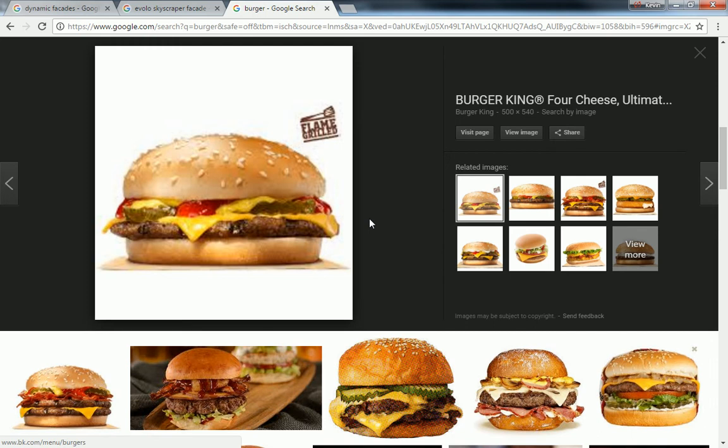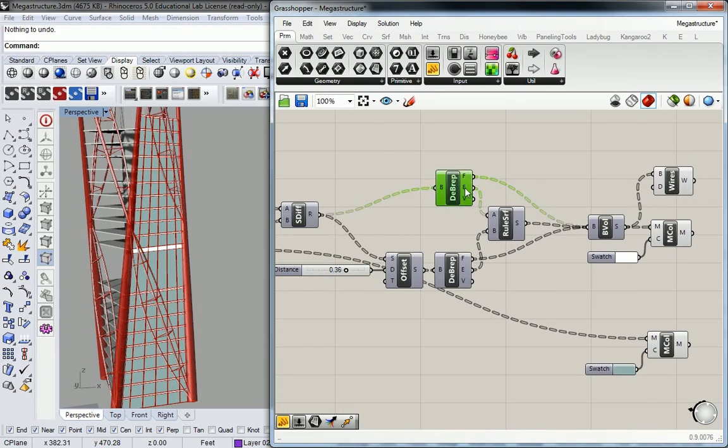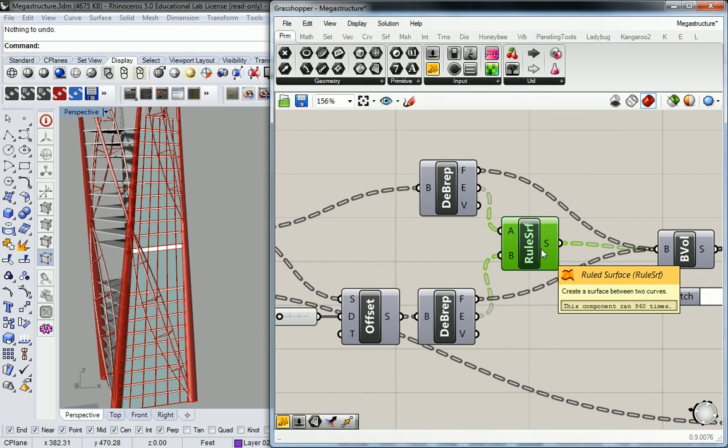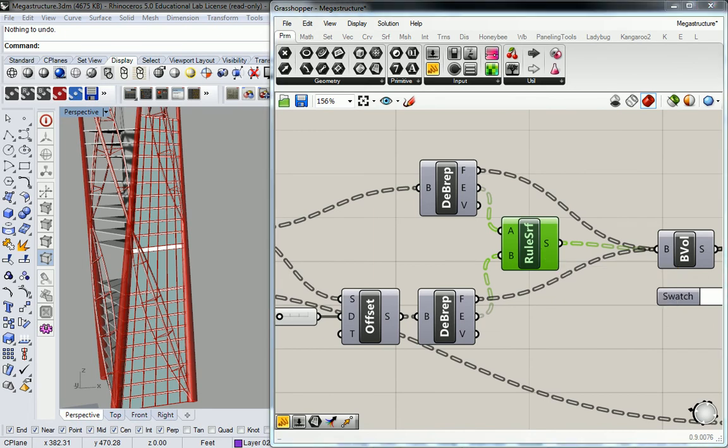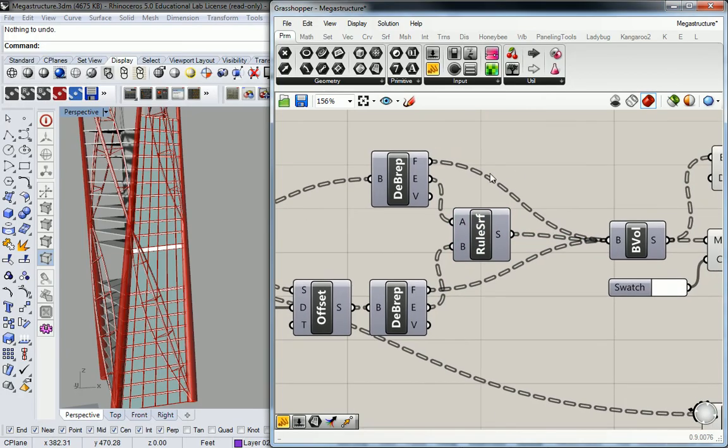Then those boundary edges that you created, which are these, right? And then you created your ruled surface. That's the patty within. So that's the connection between the top and bottom surfaces. They have to be plugged in order. You can't create this burger by relating the bottom bun to the top bun without putting the patty in between. I'm not going to actually re-plug anything right now, but you have to first plug in